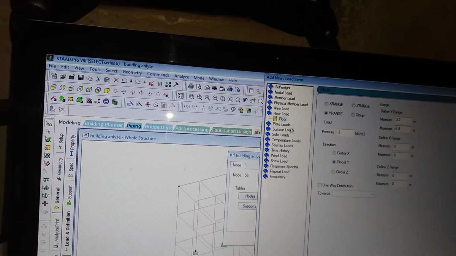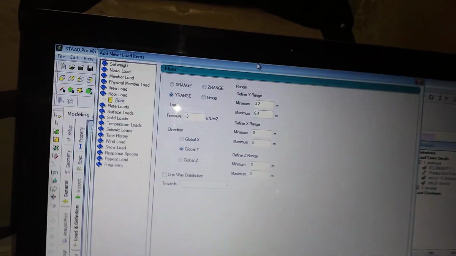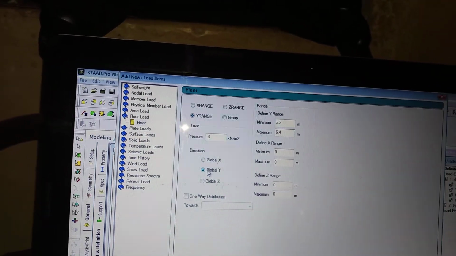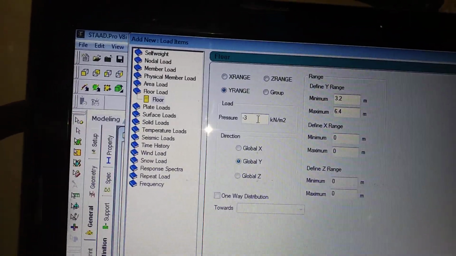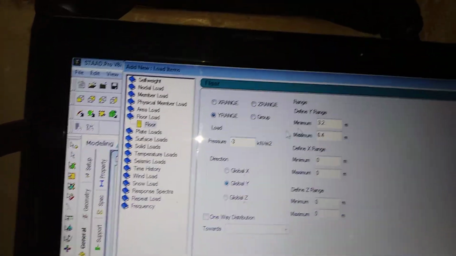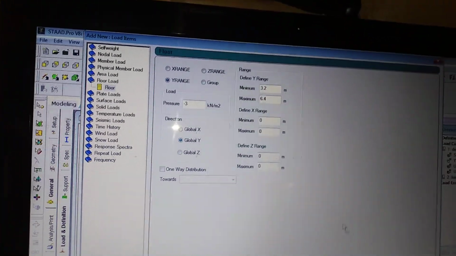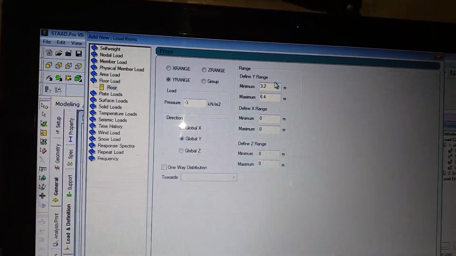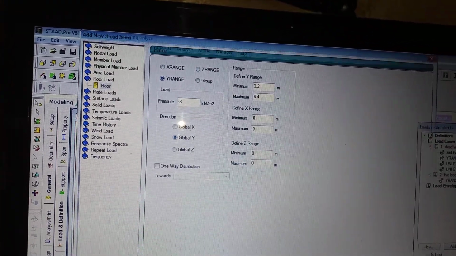Okay, then I will close it. So what I will do, I didn't change anything. I will keep this section global y, and I only created the loads and heights. I didn't change the x and z ranges because I want it in all directions, on the whole panel. So I changed only the y direction. I will go to add, close.